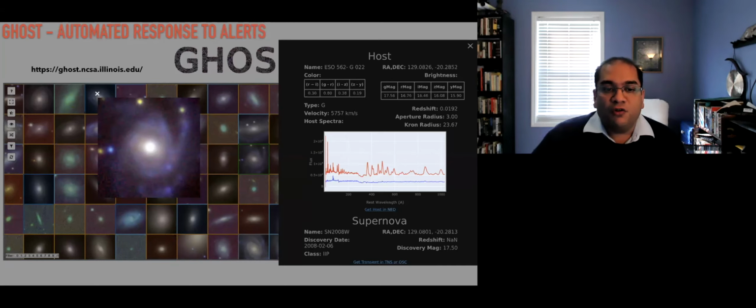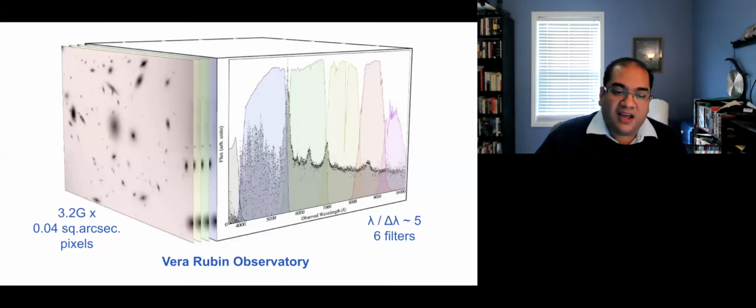But we want to do more than just get all of their properties. And unfortunately, galaxies don't often have spectroscopy. So we're going to try to find host galaxies in images, but then we need to have some sense of how far away they are. And so we need to know redshift information. To do that, obviously with something like LSST, there's no chance of getting spectroscopic redshifts for everything. So we're going to have to rely on getting redshifts out of the broadband photometric information that we collect from